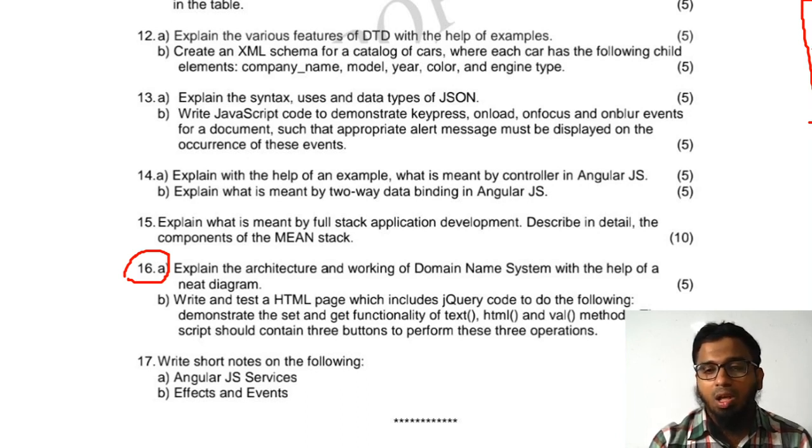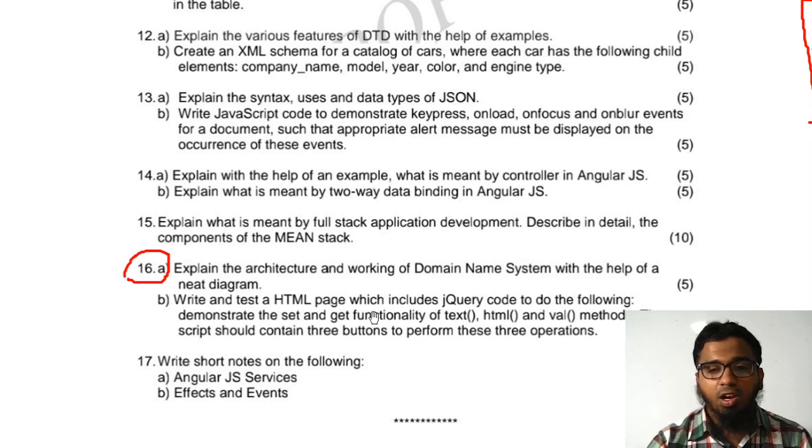Like the example I gave you, if you type islengineering.ac.in, it will not search with the name. First it will go to the server IP, then it will find that name IP. From the name IP, it will convert and send to the server. From the server, it gets the data, the IP is changed to the normal name, and you will get the data. So that is all the architecture; already we completed it in the previous classes in the first unit. So go and check it there.